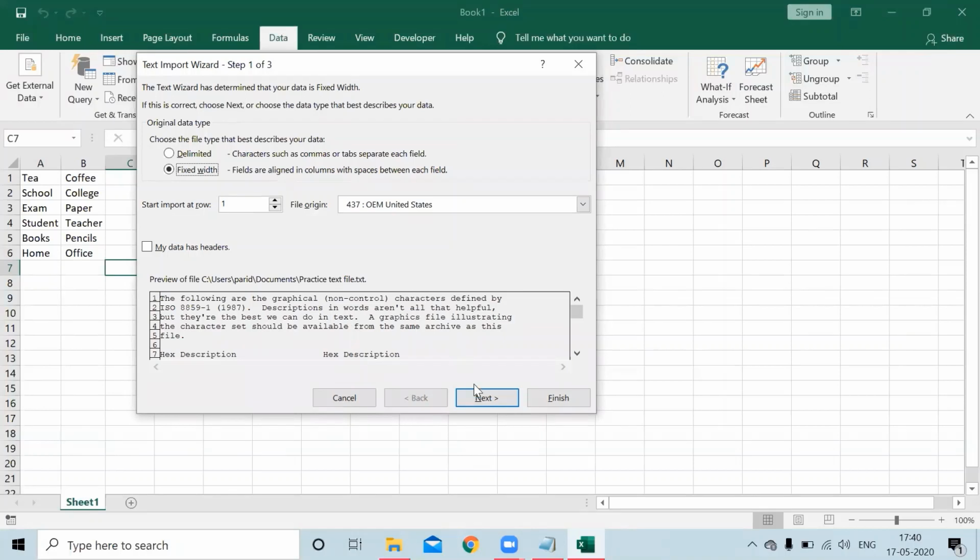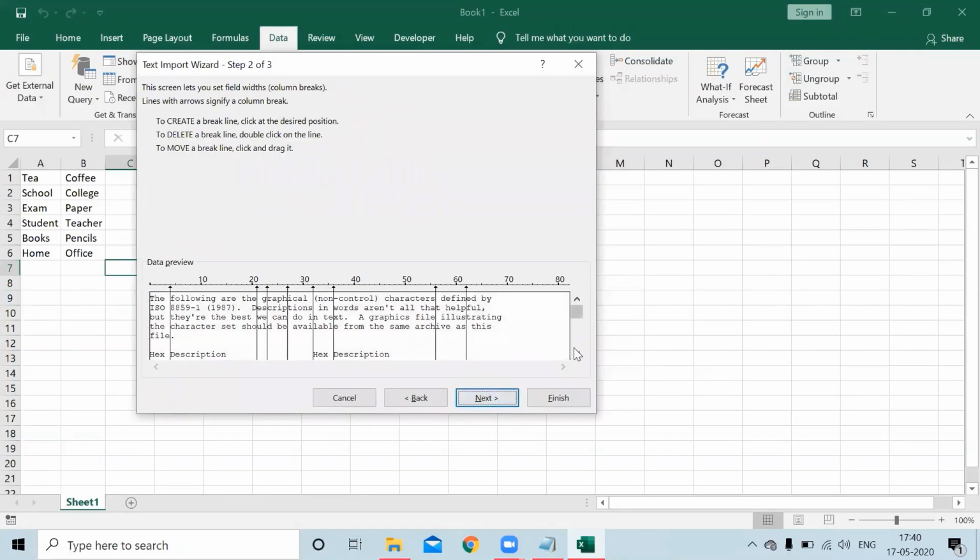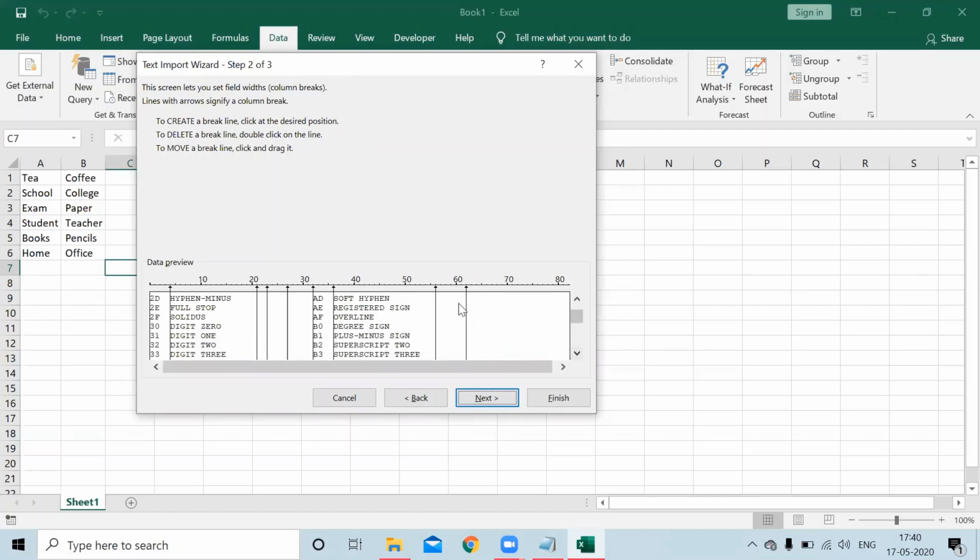So I select next. As you can see, Excel has already suggested a few places where the column break should have been inserted. Now we can either remove this column break, this break line, or we can add a break line. To remove the break line, simply select the break line twice.